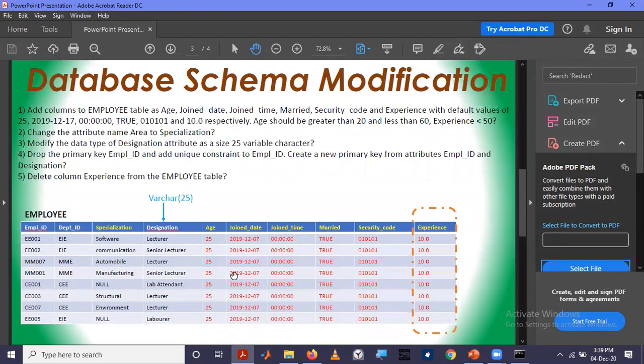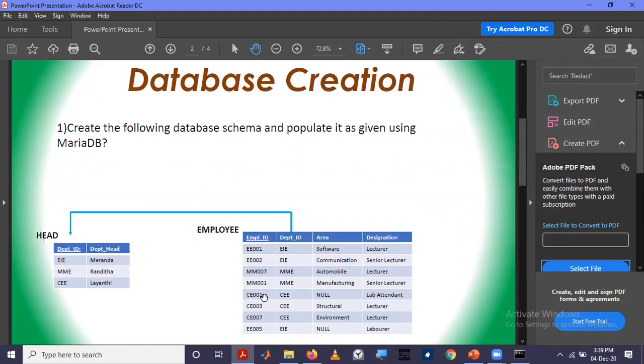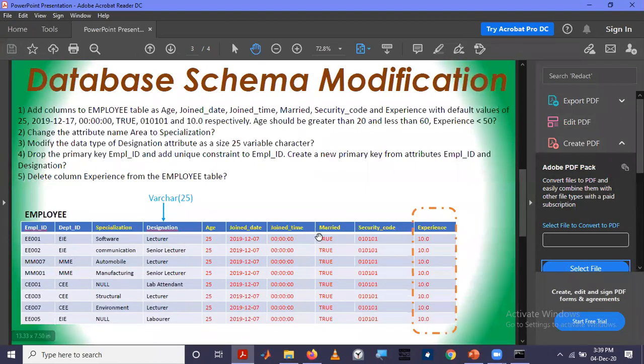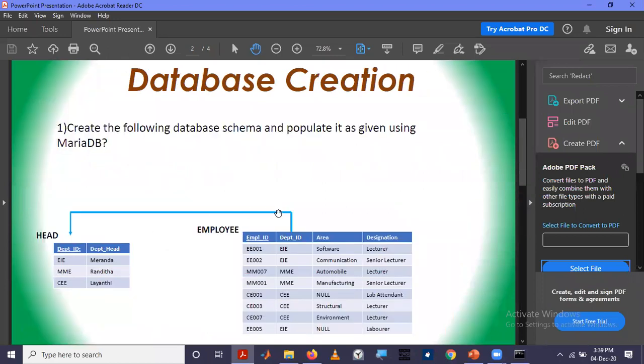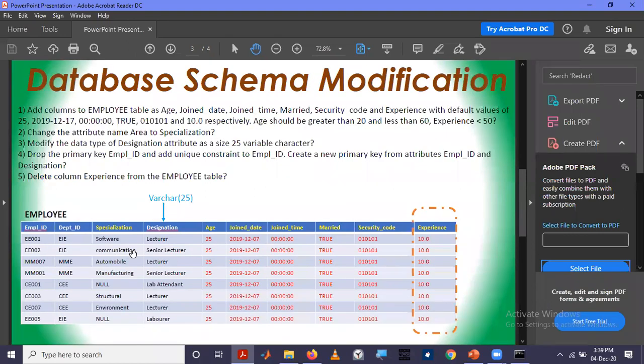So today we have to convert this employee table into this table. For that, we have to change the schema, or in other terms, change the definition of the table. At the current definition, there are only these 4 columns. So we have to do these changes, right? We will go one by one. First we have to insert these columns into the table.